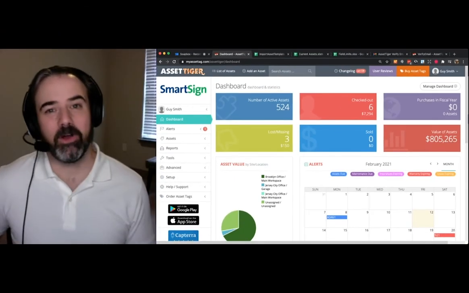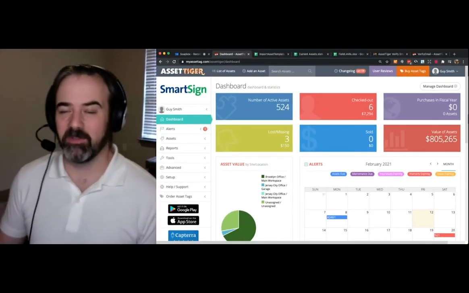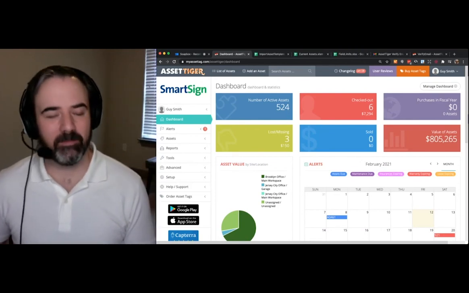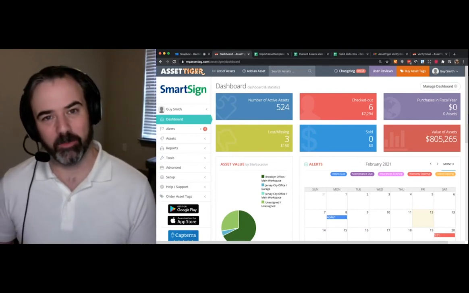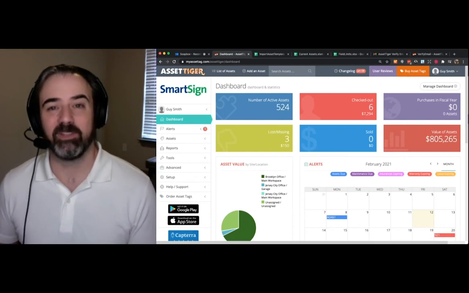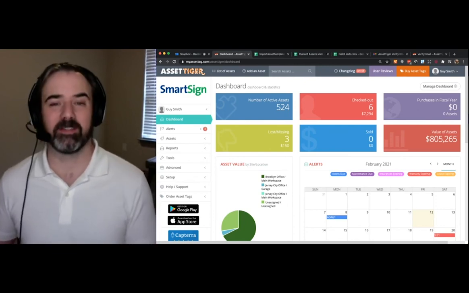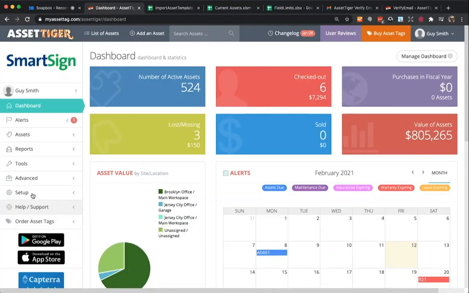And there you have it. Those are all the AssetTiger basics. We have just scratched the surface of the immense amount of functionality on this platform. So take a look around the site. If you want some more specific information, you can check out some videos I've already made. They're on the site here under